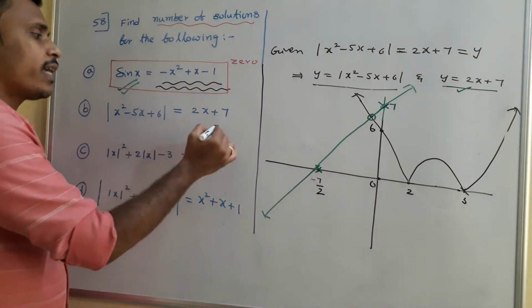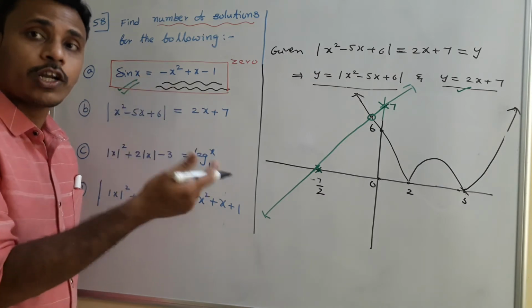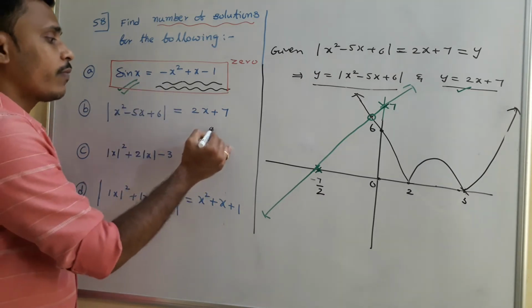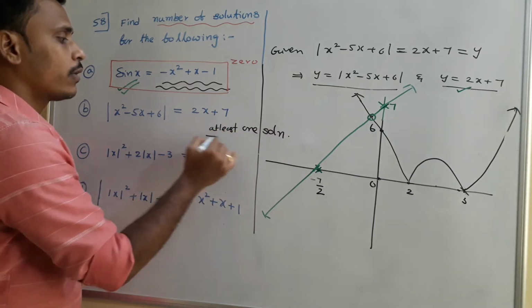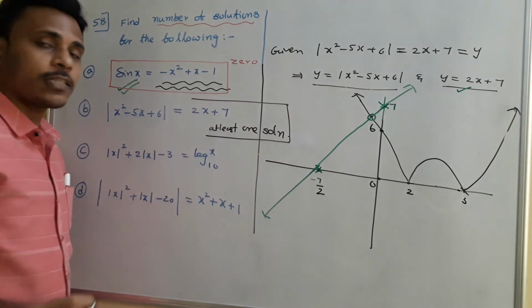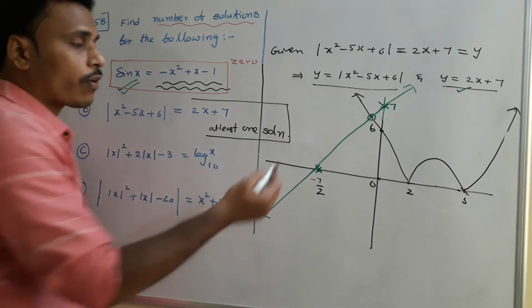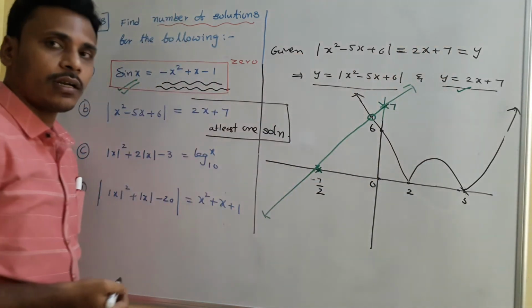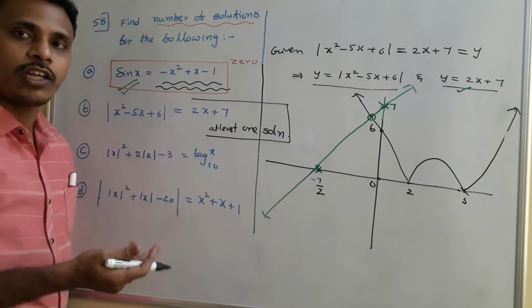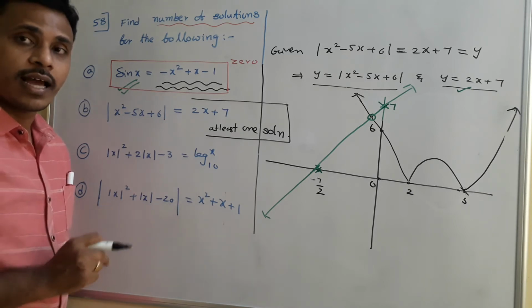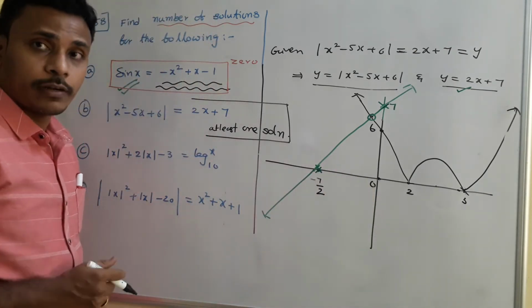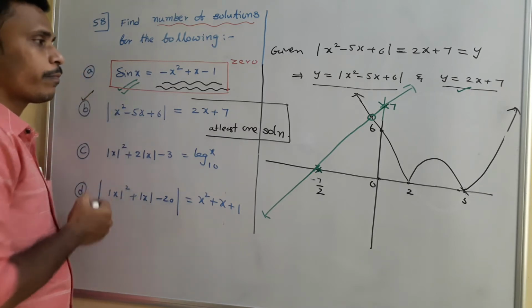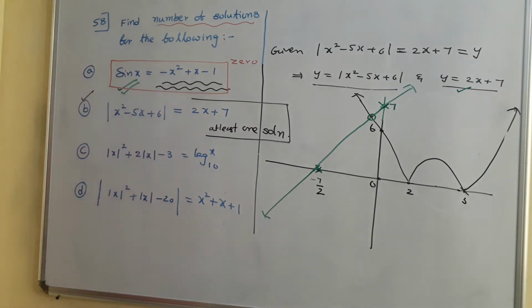So this problem has for sure one solution, maybe the second one or not. It depends on the problem, and that's why we say at least one solution. We are sure about one solution, and for the second solution we are not sure. As per the options we need to go. From the graph, finding the second solution is a bit complicated, so in such a case you need to try again in algebraic format. And if the option says that one solution is in the region of minus 7 by 2 to 0, then that's a true statement. You need to choose that option for this problem. So this is the way of finding the number of solutions for the given equations using graphs. Just have a look and I will discuss the next one.